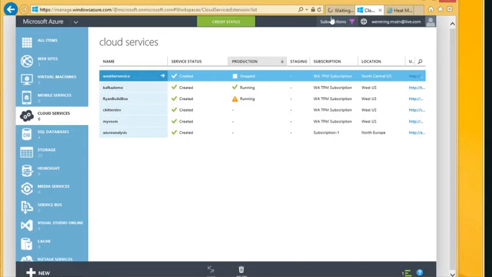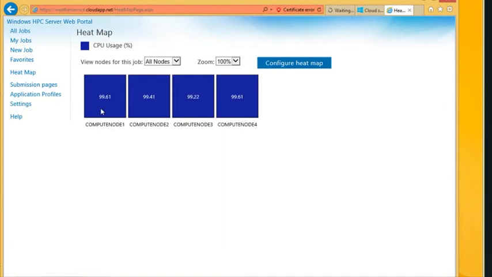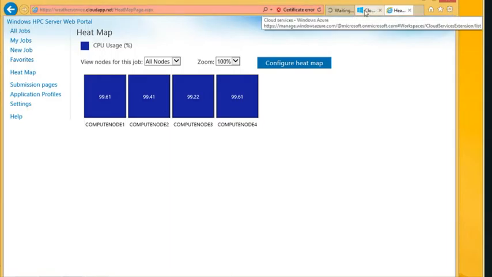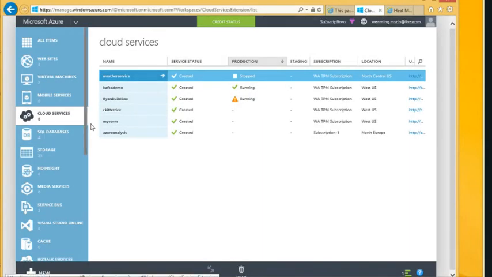Looks like I have lost some connectivity here. And what I will do is I will go ahead and show you how Windows Azure works, and look at some of the different heat maps. So right now the website is running on Windows Azure, and let me show you where the cloud service is. So this is the Windows Azure portal, which is the back end of this particular service.